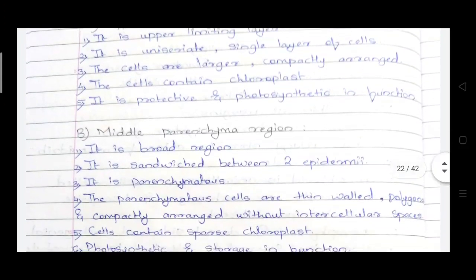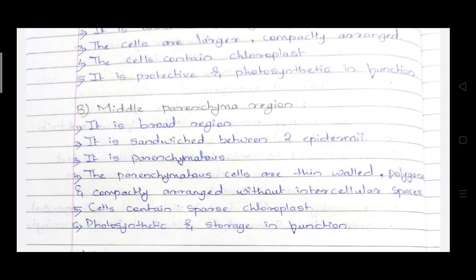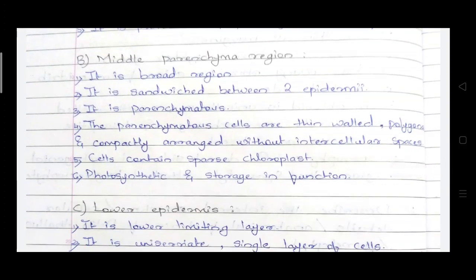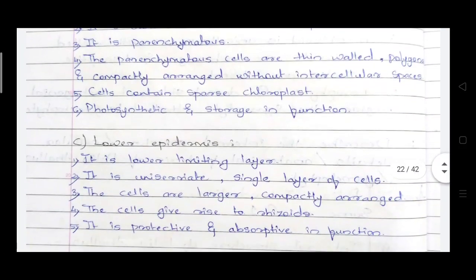The middle parenchyma region is a broad region. It is made by parenchymatous cells. The cells are thin-walled, polygonal and compactly arranged without intercellular spaces. The functions of the middle parenchyma region are photosynthesis and storage. The lower epidermis is also a lower limiting layer. It is uniseriate, a single layer of cells. Cells are larger, compactly arranged, and they give rise to rhizoids. So they can function as protection as well as absorption. So this is the internal structure of the